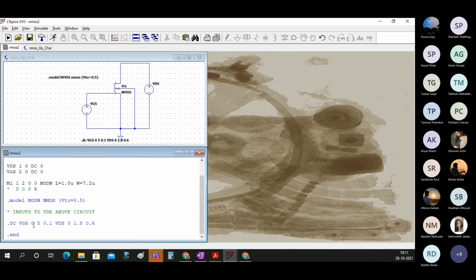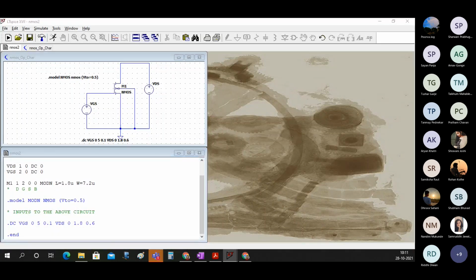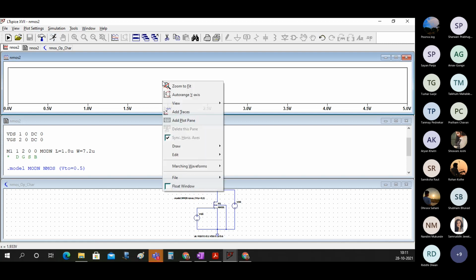The only thing that you are doing now is you are going to just give VDS first and then VGS. So this G becomes D and this D becomes G. That's the only change. And if we simulate this thing, what we are going to get